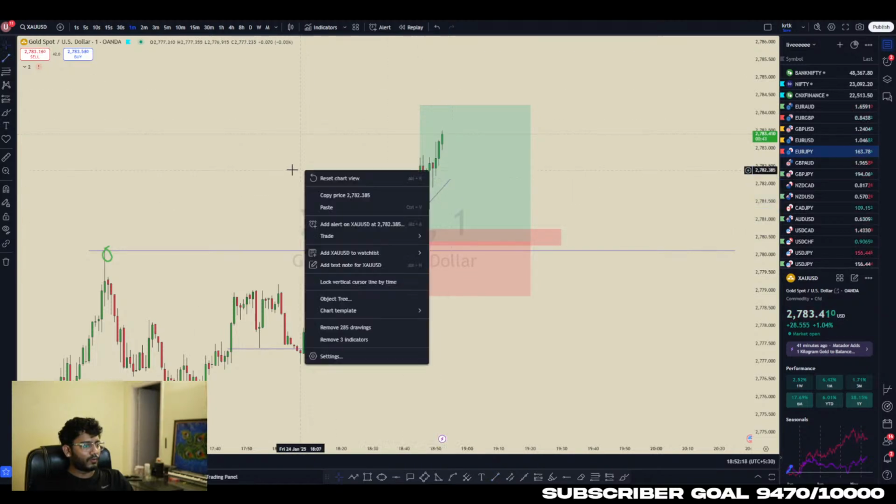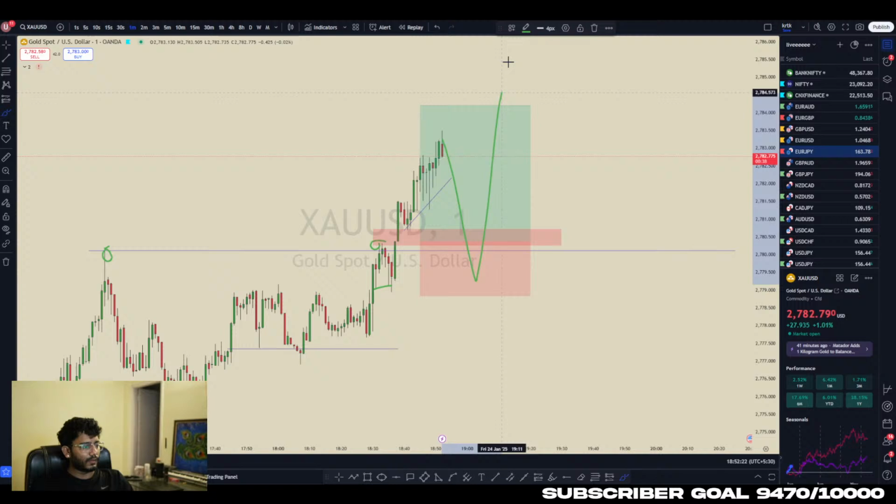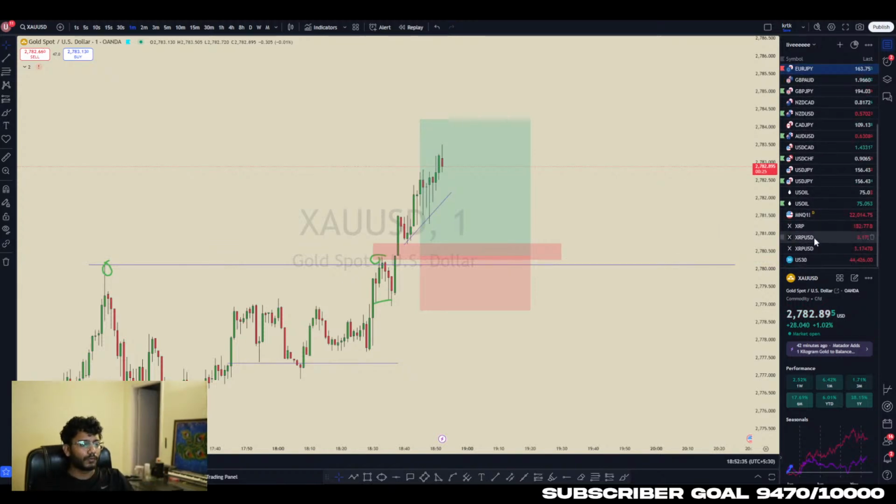So everything is mitigated over here. I think price will sweep all the liquidity and then it can continue higher from this. What do you think on AU and NU? NU, let's see,